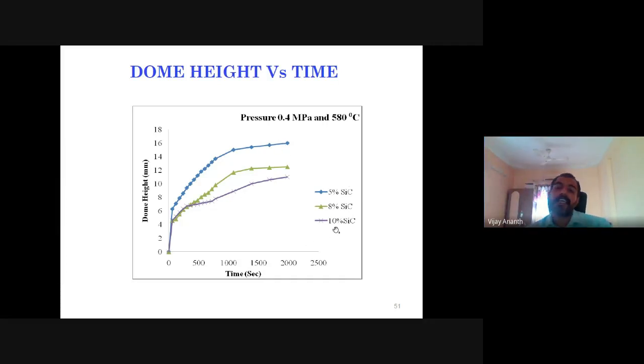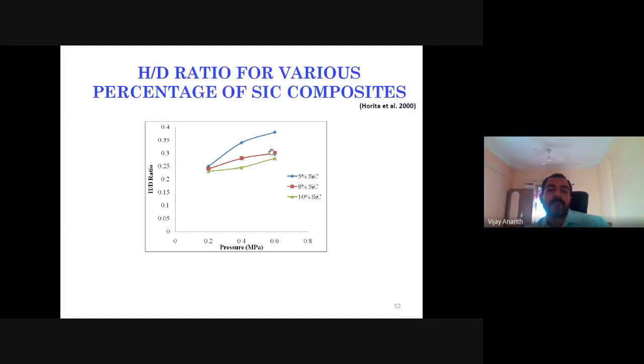Here we have three different types of composites: 5%, 8% and 10%. We follow the same procedure. We cast the component, then roll, solution treat, roll, and do the natural aging process. Then we cut the component and test it in the superplastic forming center. The 10% silicon carbide composite obtained very little height, nearly a maximum of 10 mm, and the 5% composite obtained more height. H by D ratio